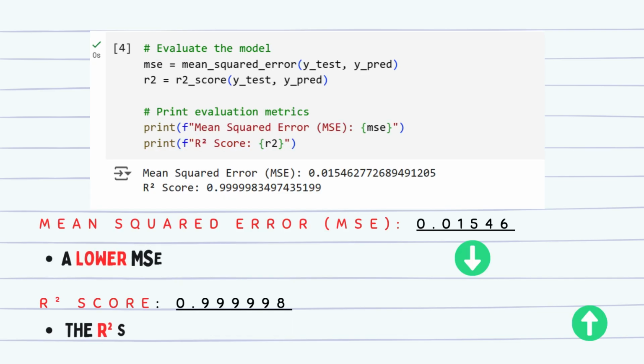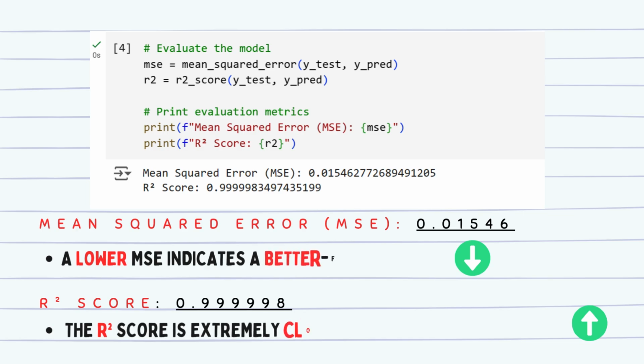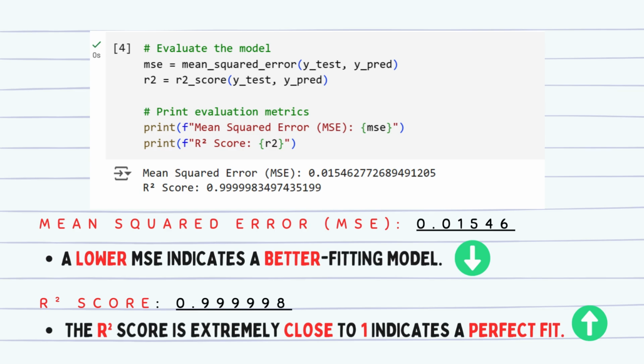Now let's evaluate how well our model performed. Two common metrics are mean squared error, MSE, and R squared, R2. Python: mse = mean_squared_error(y_test, y_pred), r2 = r2_score(y_test, y_pred). Print mean squared error, mse. Print R squared, r2. MSE shows the average squared difference between predicted and actual values, so a lower MSE means better performance. R squared tells us how much of the variance in y is explained by our model, with higher